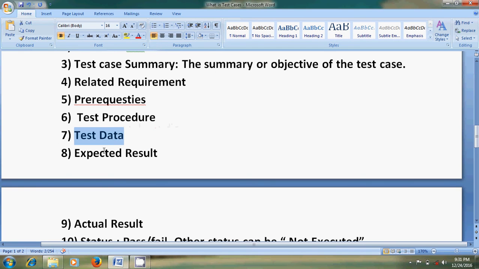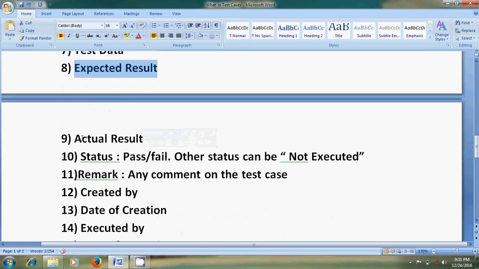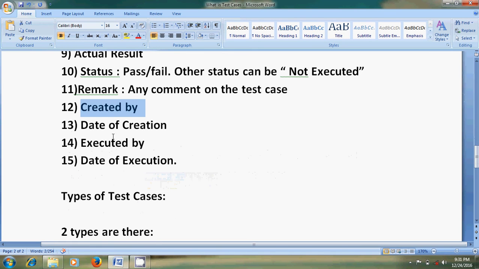Test data, expected result, what will be the expected result, what is the actual result, what is the status of the test, whether it's pass, fail, or executed or not executed, remark, any special comment on the test case, created by, date of creation, who created it and on which date it was created, executed by whom, and date of execution. So friends, these are the 15 elements.